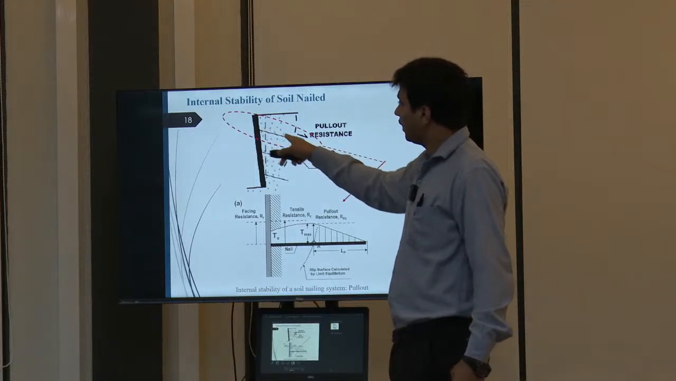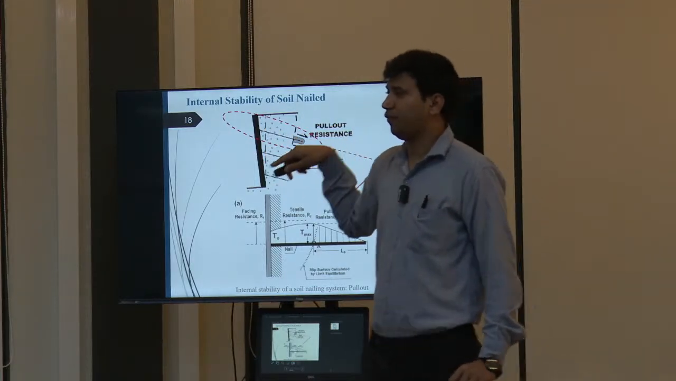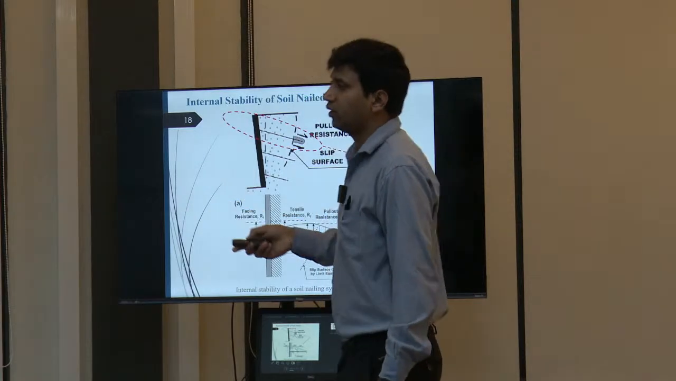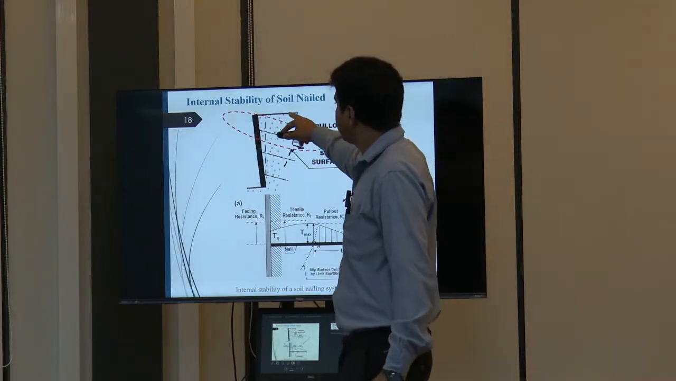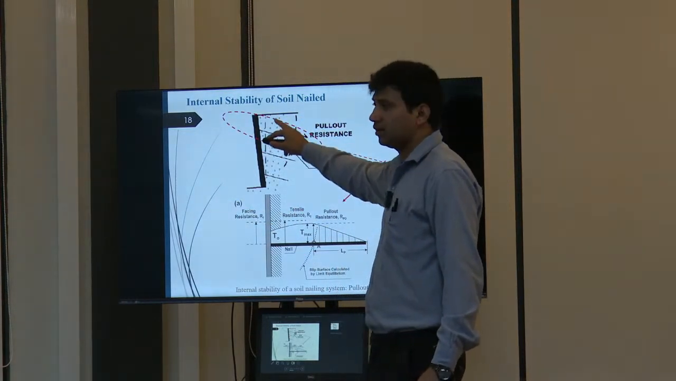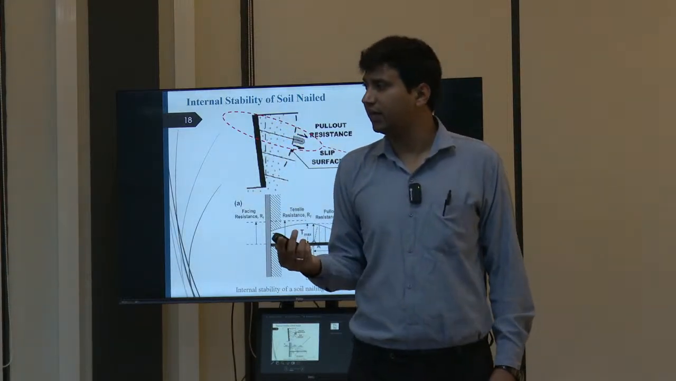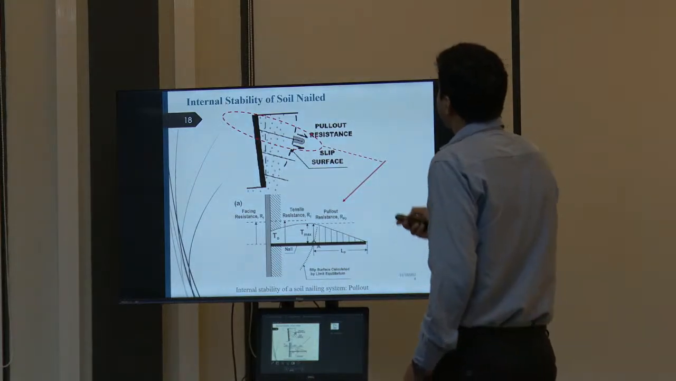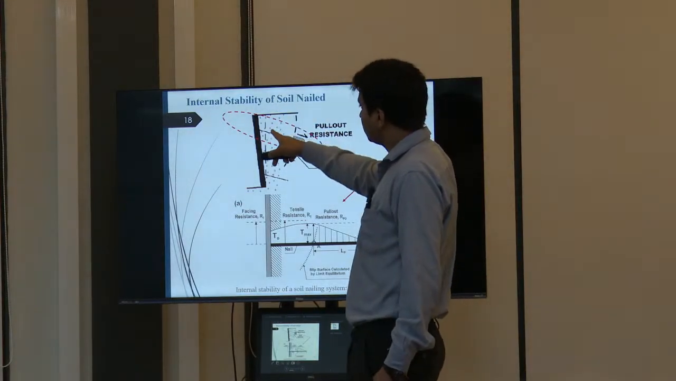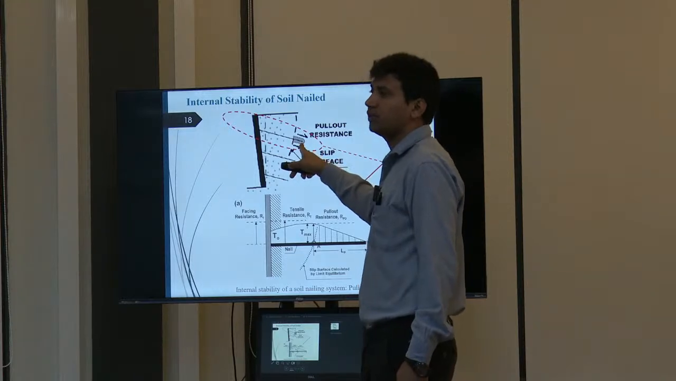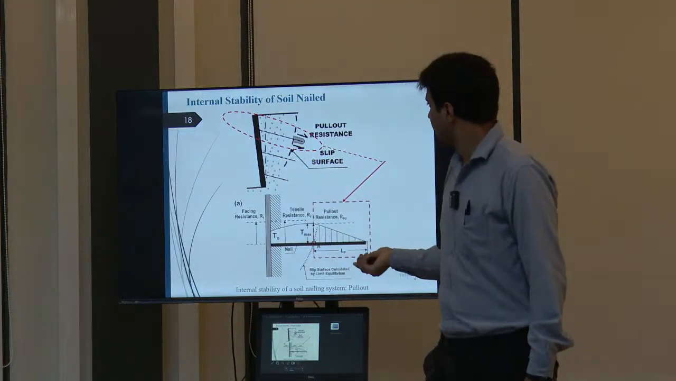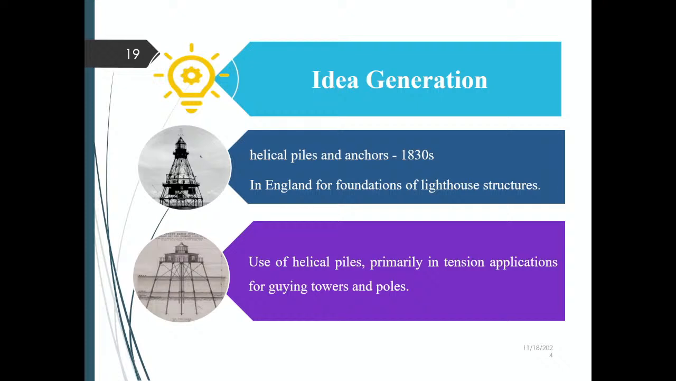When we install a nail, we try to fit the nail into the passive zone, because when there is some disturbance in the active area, this element starts working. The nail is a passive element, and when there is a disturbance, this pull out resistance starts working. So in order to avoid this problem, we have introduced another concept of helical soil nail,